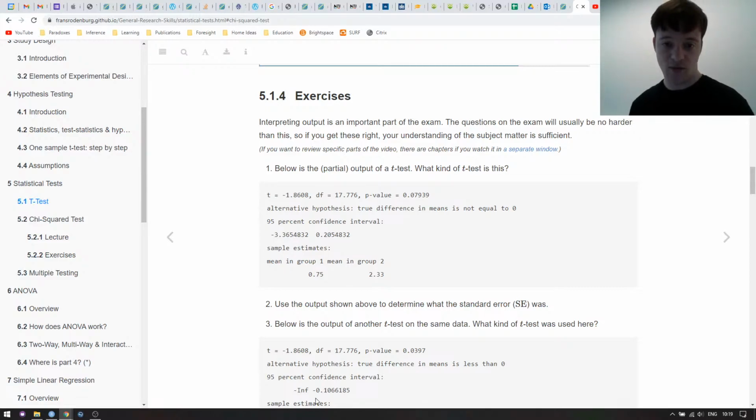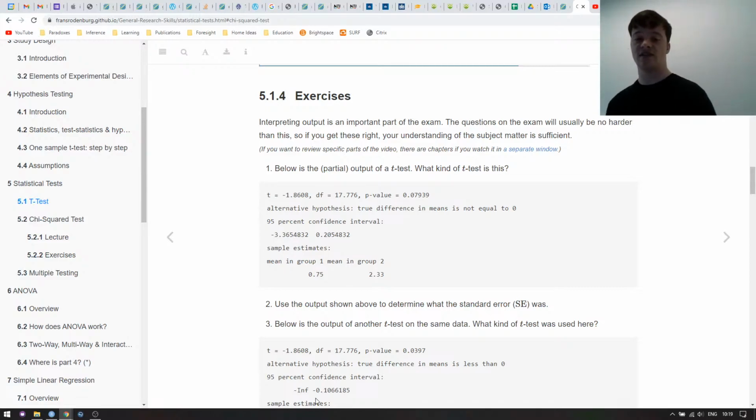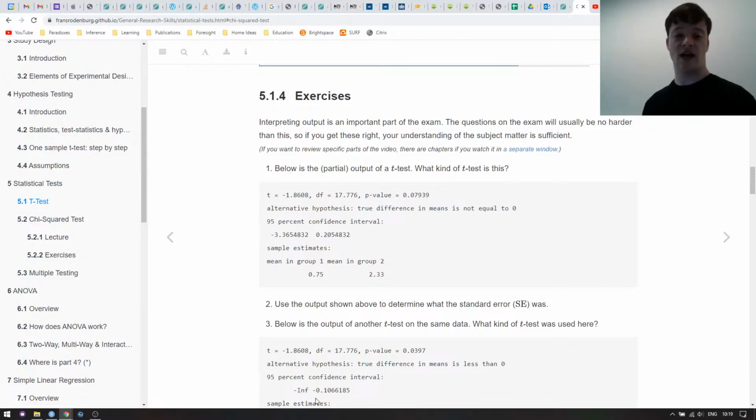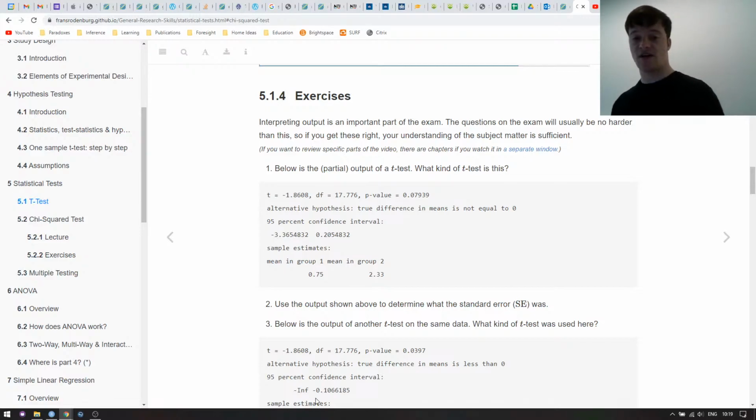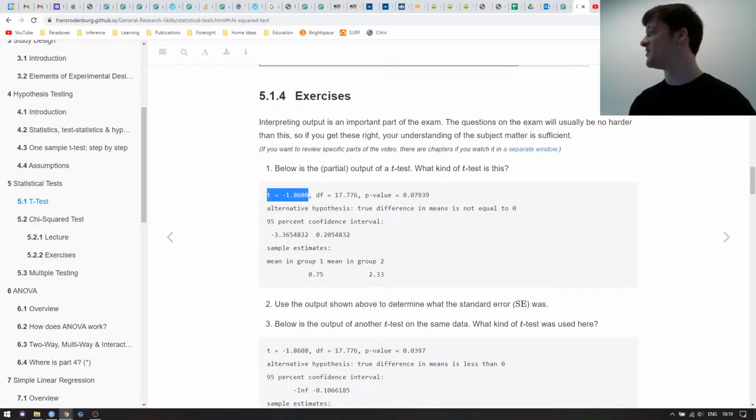First, we have the output of this t-test, and the question is, what kind of t-test is this? So let's start by, how can you tell? Does anyone have an idea how you can tell what kind of t-test this is? Yes? Degrees of freedom, if it's an integer. Exactly. We see a non-integer number of degrees of freedom. Also, a bit on the nose maybe, but we see t, and the t belongs to the t-test, so it's not a Wilcoxon test. So when there are non-integer degrees of freedom, that means that this was an unequal variance